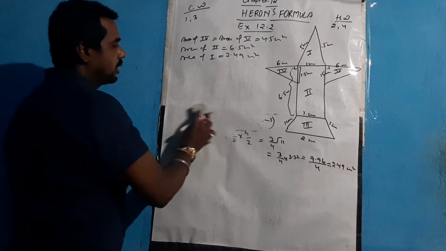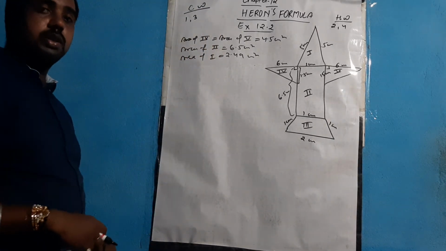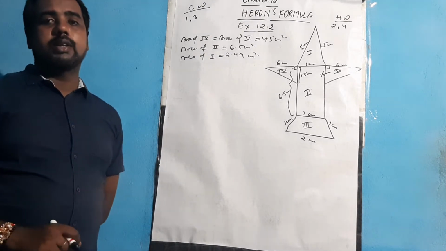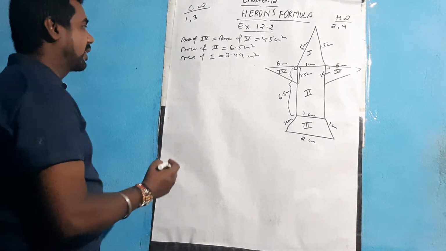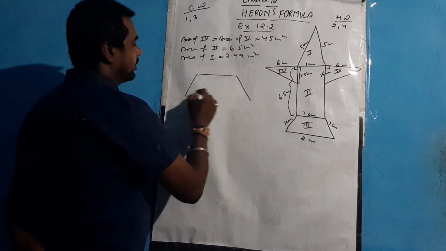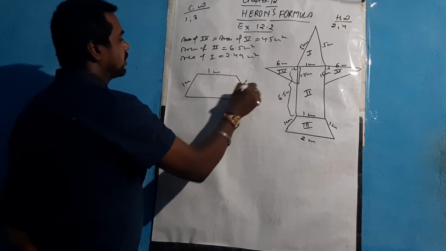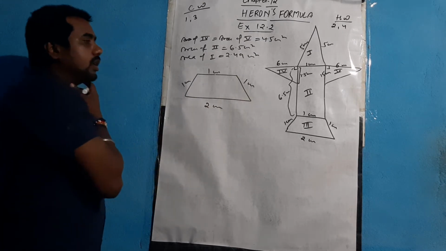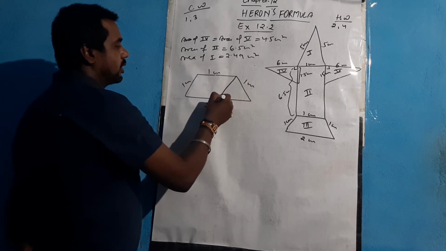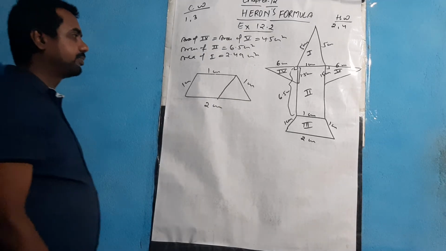We are left with only the third one, and it is a very interesting figure, as one more question is there in the exercise. When a trapezium is there, how are you going to find the area of it, as you cannot form a triangle there. So I am drawing a rough figure so that I can make you understand easier. So this was the figure. This is 1, this is 1, this is 1, and this is 2. What we are going to do is, with respect to this side we will draw a parallel, so that this part forms a parallelogram and this part forms a triangle.